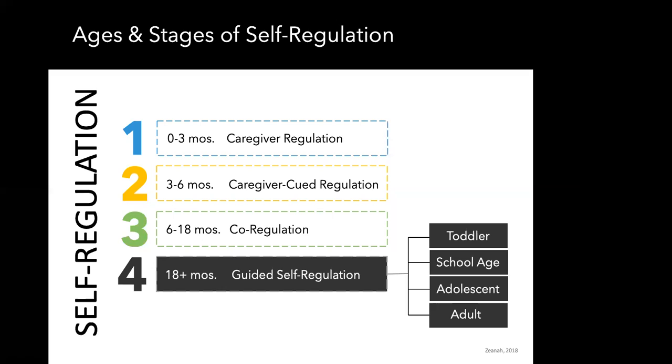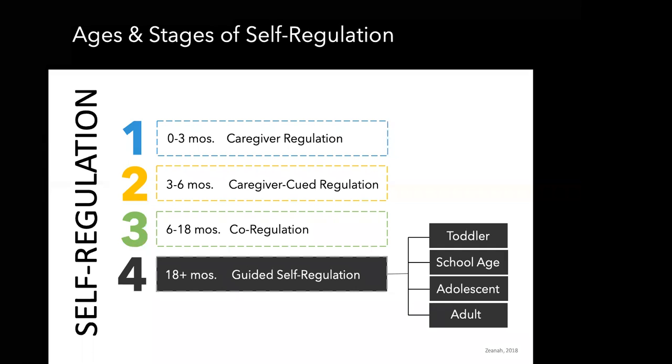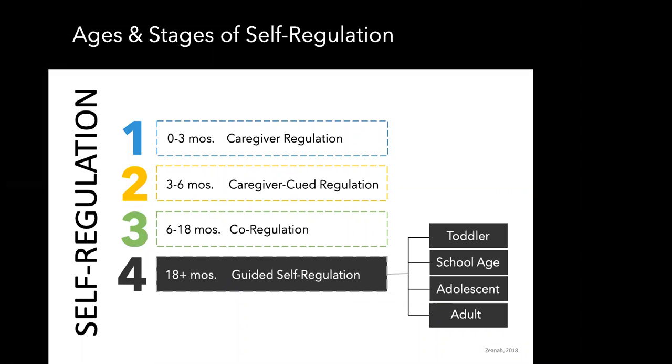So when we're thinking about self-regulation, we want to think about co-regulation. What are we doing as the trusted adults in this child's life? What are we doing to help them co-regulate? What skills are we modeling? What breathing techniques are we using? What soothing voice can we use when they're upset so that they learn from an early age that they can trust an adult to help them process their feelings? And that will help lay a firm foundation for self-regulation.